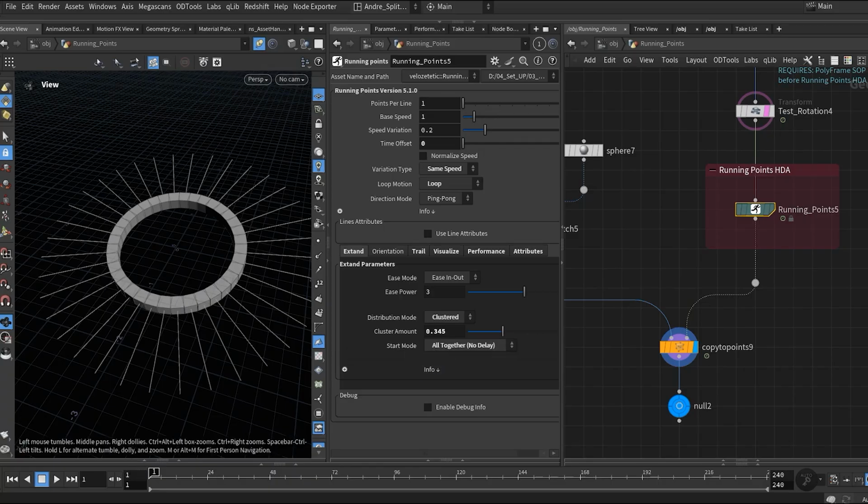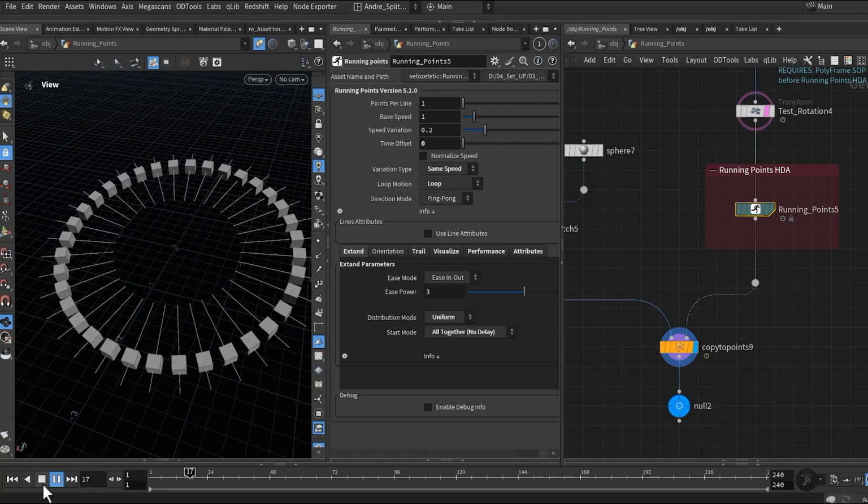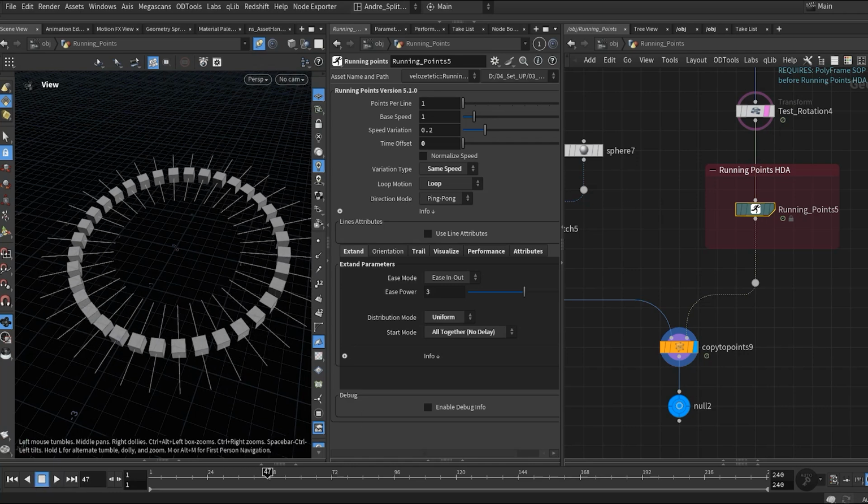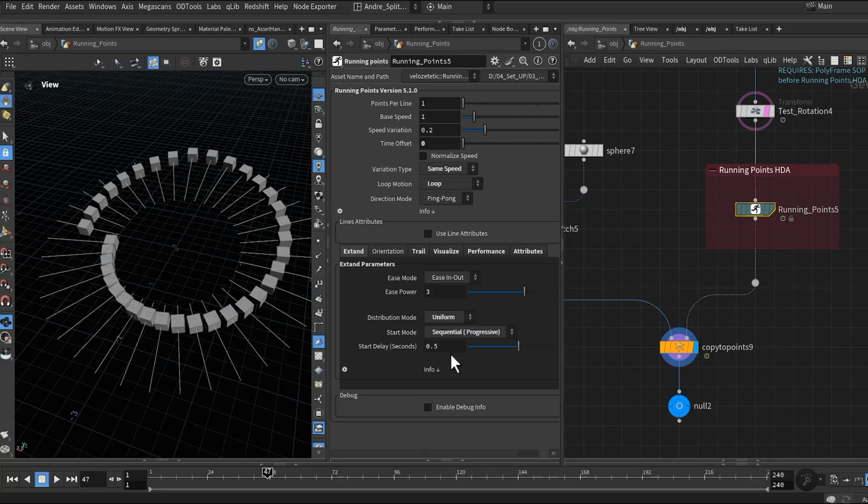Start mode, it's about timing. Now let's talk about timing. Here you control how the animation starts by setting the delay pattern. With no delay, all points move at the same time. You can choose progressive. There's a cascading effect. Each curve starts one after another, step by step.